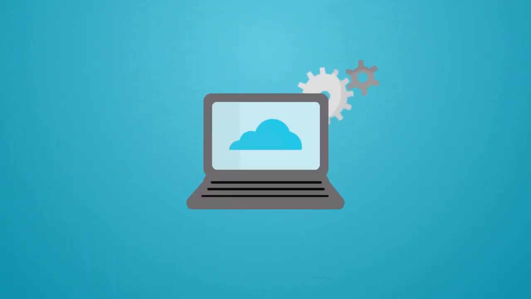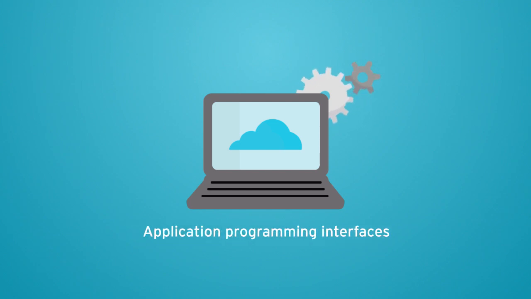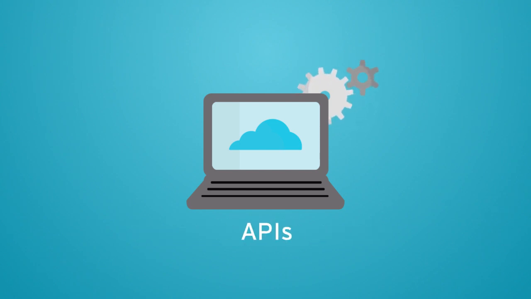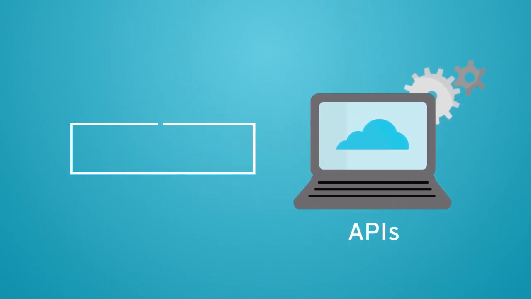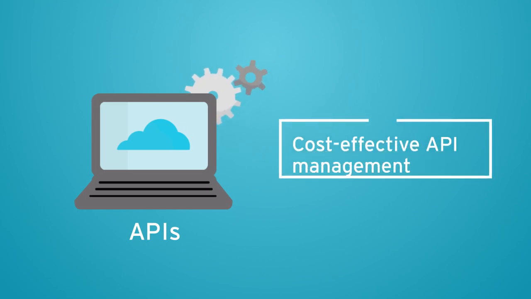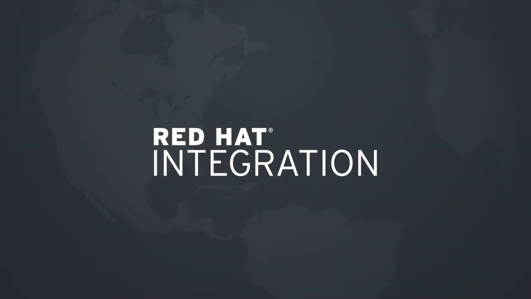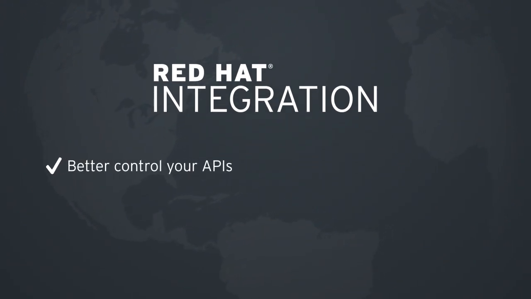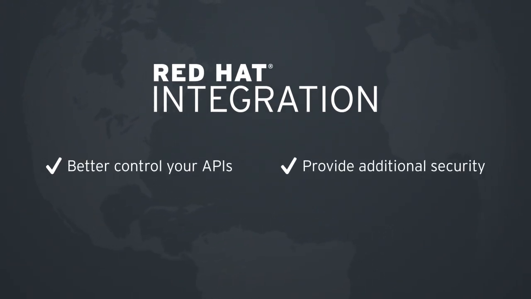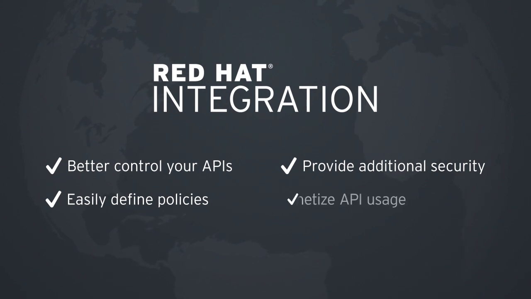In a technology-based economy, application programming interfaces, or APIs, are critical to delivering business value. Whether your API is public or private, the key to success is cost-effective API management. Red Hat integration allows you to better control your APIs, provide additional security, easily define policies, monetize API usage, and